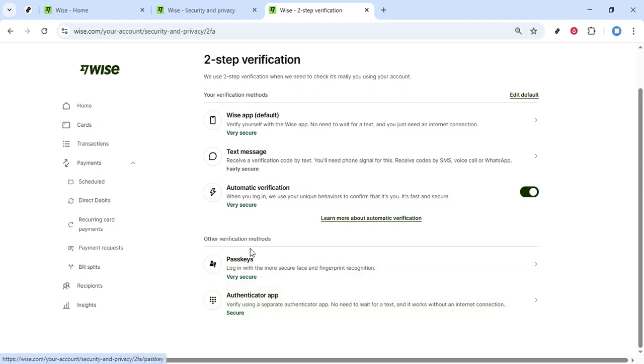By navigating to your profile, opening Security and Privacy, and reviewing two-step verification and passkeys, you'll be in the right place to securely manage updates, including changing your Wise PIN. Take your time, confirm any prompts, and keep your recovery